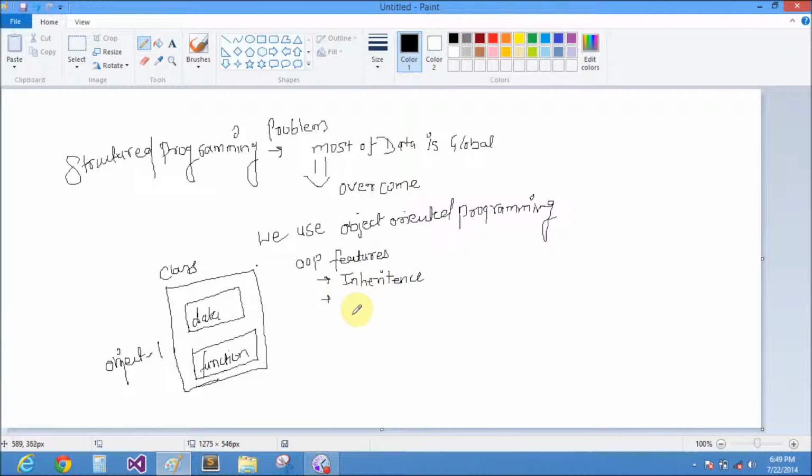Second one is polymorphism. Third one is overloading.